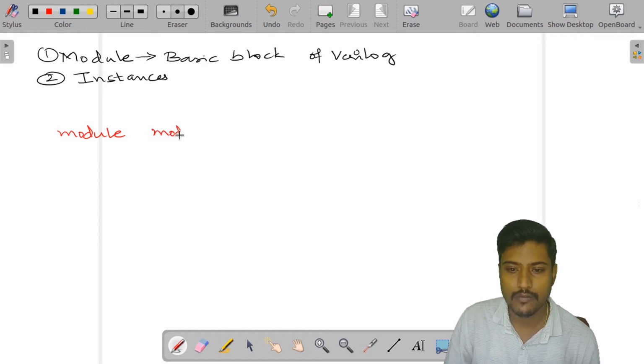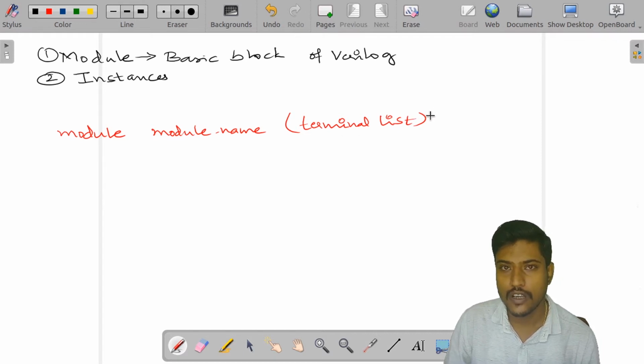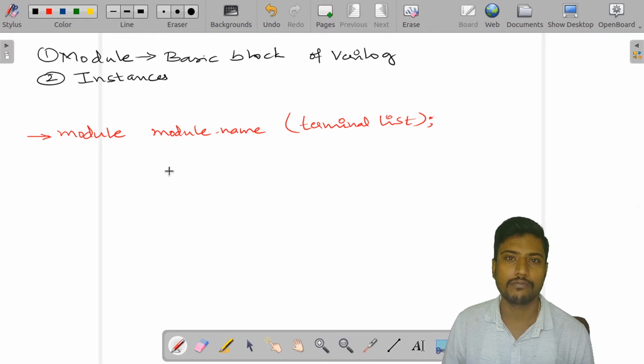Next we will have the terminal list. So the module starts with module, then I give the module name, then I specify the terminal list, and then it should end with a semicolon.